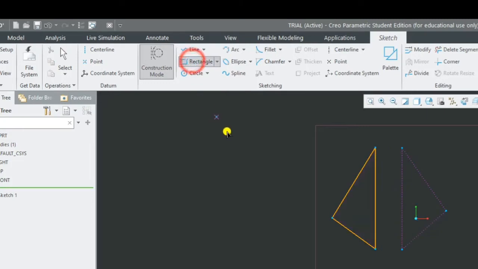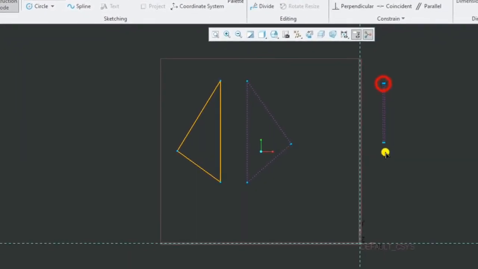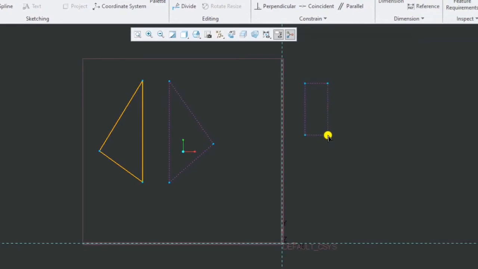Now let us select rectangle, and here we have the two-point rectangle, so we select two points. One point at the top and the second point wherever you feel convenient; you can drag the mouse and click there. If you move the cursor along the horizontal direction, you can see equal signs appearing. This defines that the horizontal length and vertical length are equal, so it becomes a square. Whenever you want to draw a square, you select two points and simply drag so that both sides become equal. Now it becomes a square.